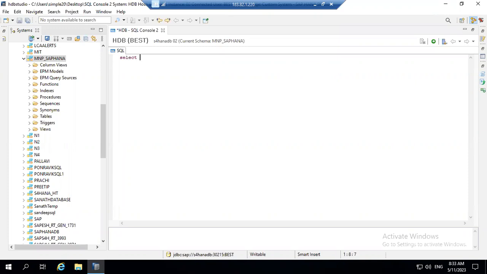So select, based on city, I want to do the group by. Let me use city, and I want to do the sum, meaning the summation city-wise, of the basic salary from